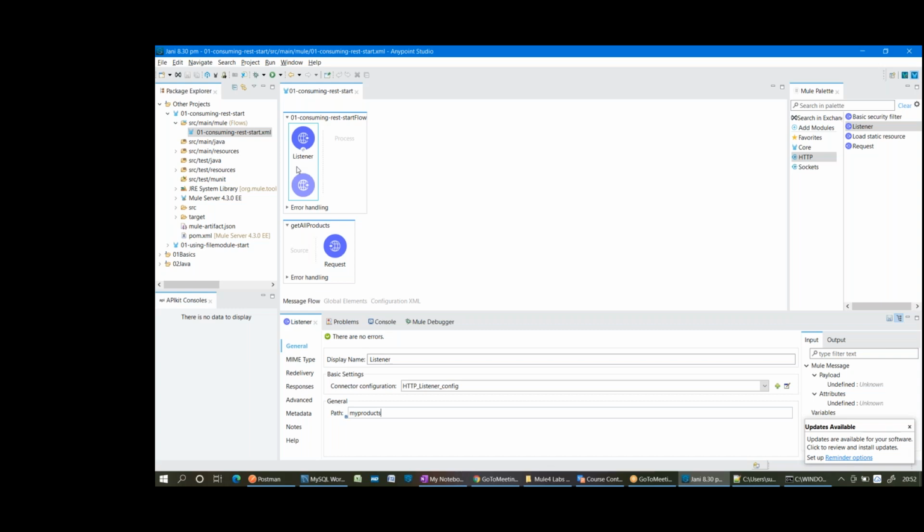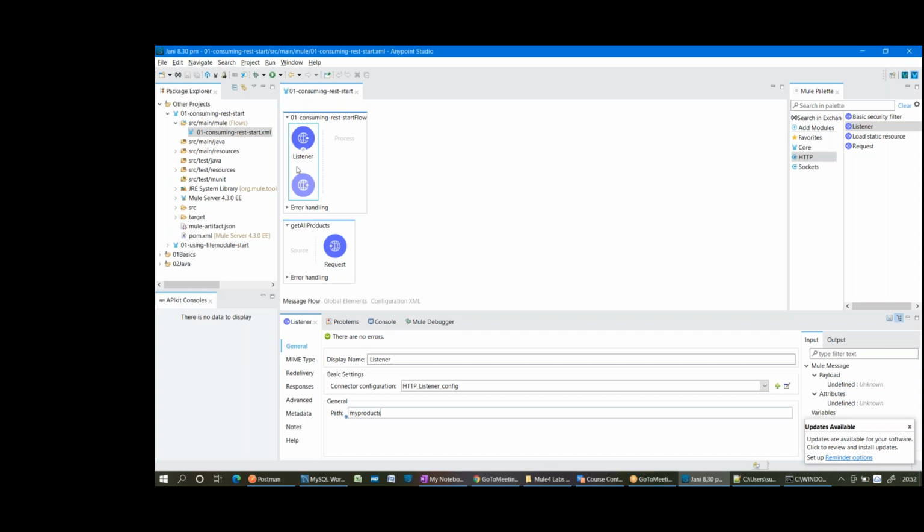That event will be processed by which processor now? Request. But how? These are two different flows, right?